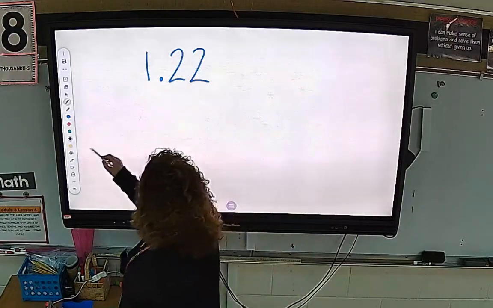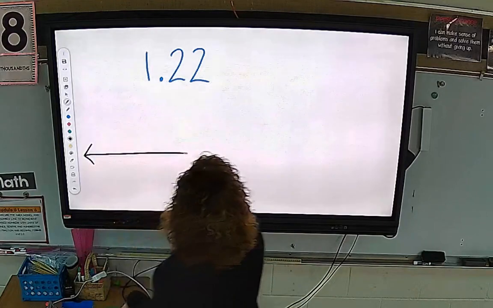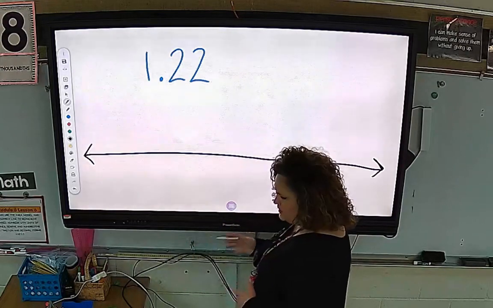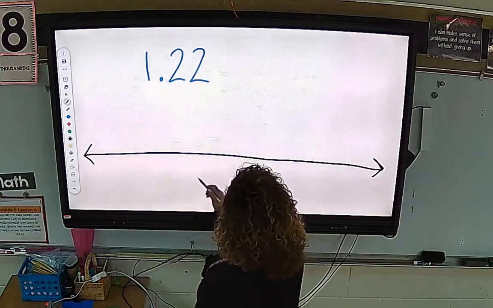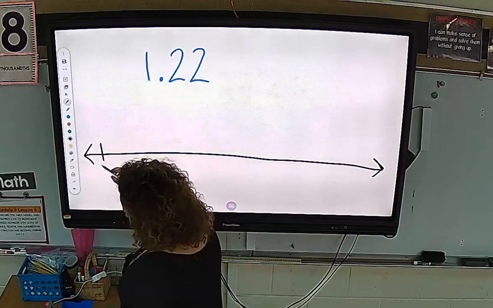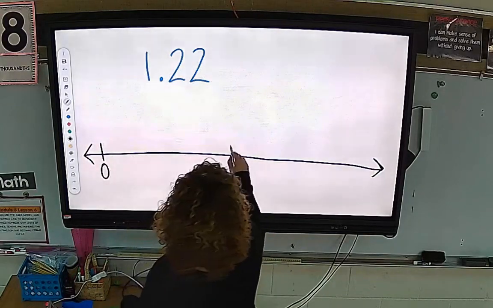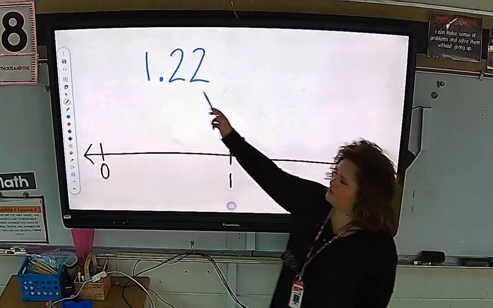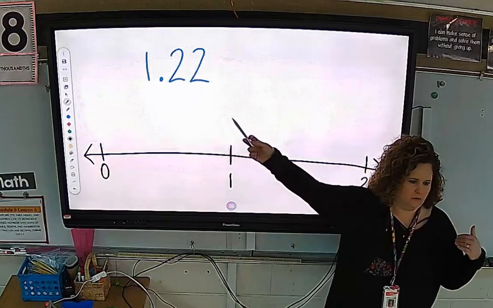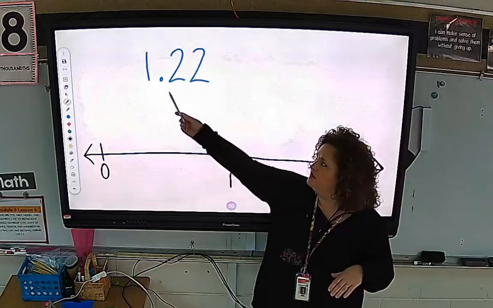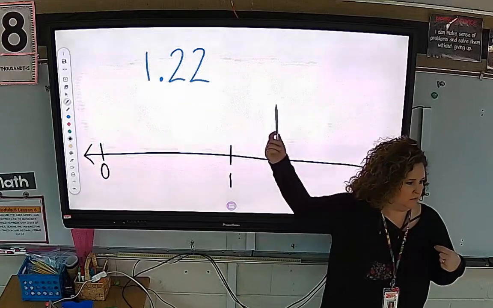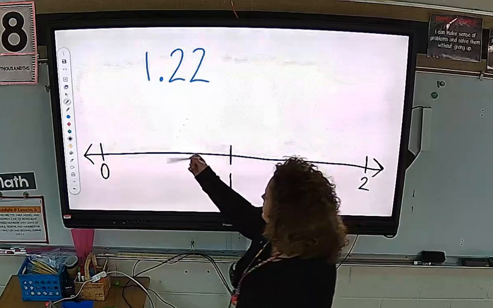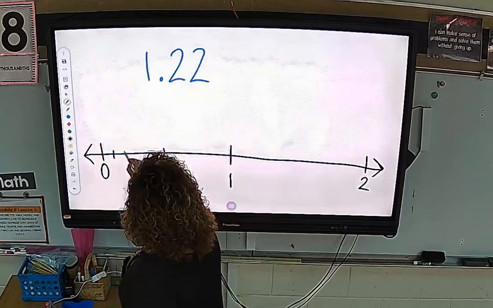I'm going to put a number line up here. Give me just a second because right now you're a step ahead of me. I could use that one that's on the template. Should I? No, I'm going to draw one just super fast. All right, so we have 0, we have 1, and we have 2. Because is this number going to fit between 0 and 1? Okay, you're not writing anything at this point, okay? Is this going to fit between 0 and 1? No, because it's bigger than 1. All right, I am going to need to cut this into 10 pieces.